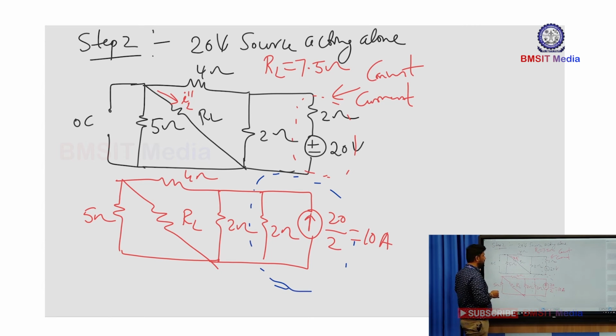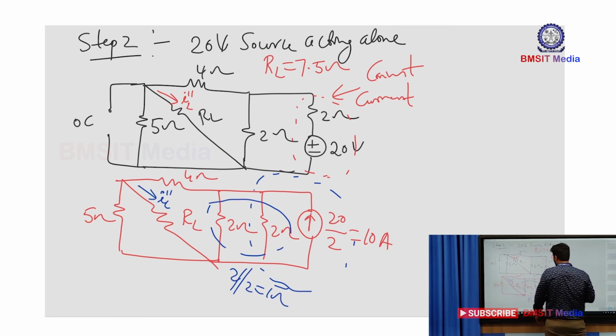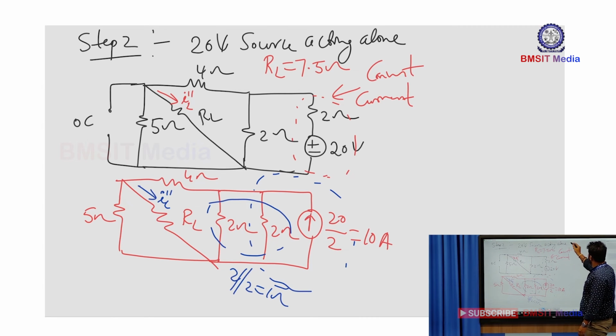So now you observe, to simplify this network, we are interested in finding out what is IL double dash. Look at these two resistors, they are in parallel. If you simplify, the equivalent resistance is 1 ohm. So now if I rewrite the network,